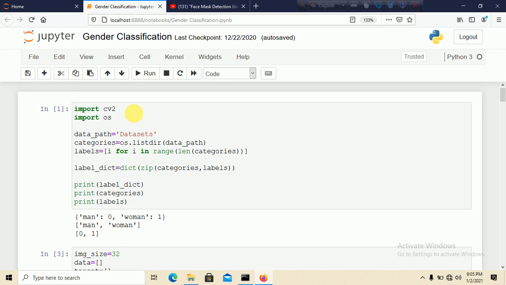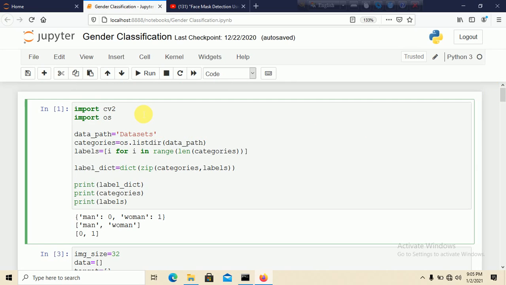Yeah, so first what you need to do is import cv2. Cv2 means OpenCV, because we are going to do some pre-processing steps. That's why I'm going to put the cv2 here. And OS, because we are dealing with our operating system, so that's why you have to import OS. And we are collecting the images from our